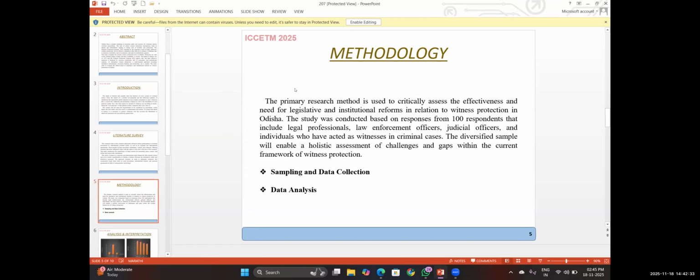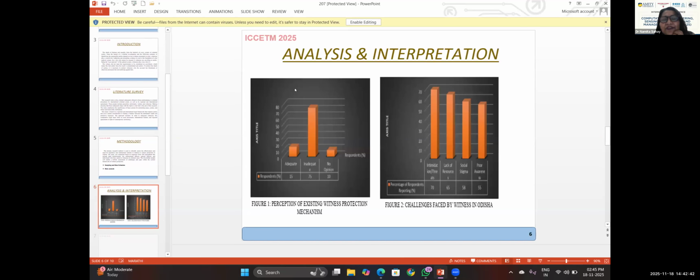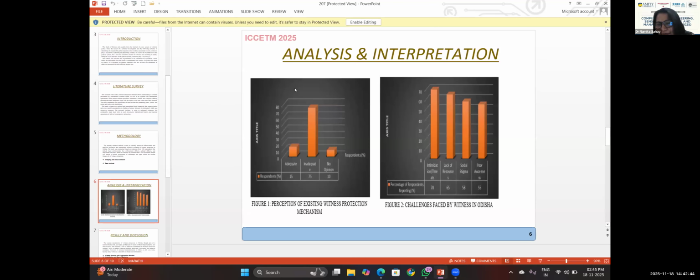This is the methodology. The primary method of sampling is the data collection and data analysis. After literature review,